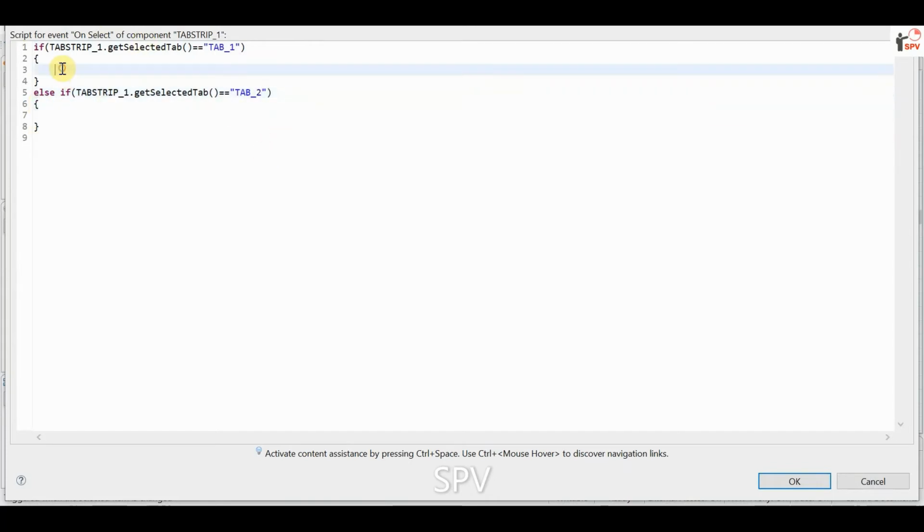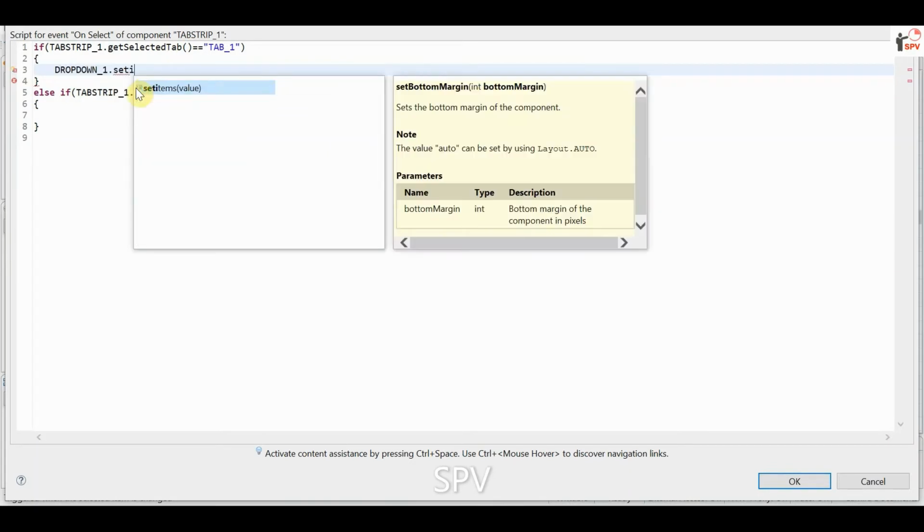We are trying to assign, if it is tab 1, the drop down box needs to get the members assigned. So here is set items.